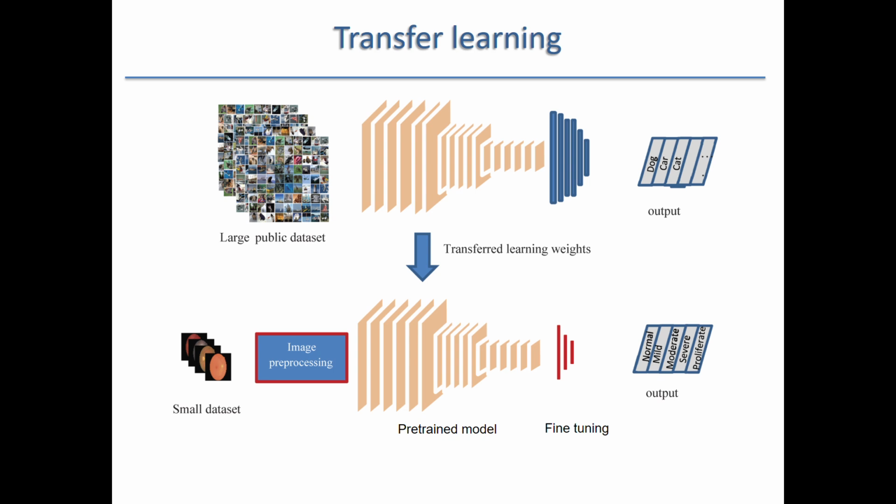Let's say that our problem is classifying a set of images, but we don't have that many, just a few thousand, and these few thousand we have to classify into 5 labels. If we want to train a large neural network, we don't have enough data to train this many parameters. But then what we can do is